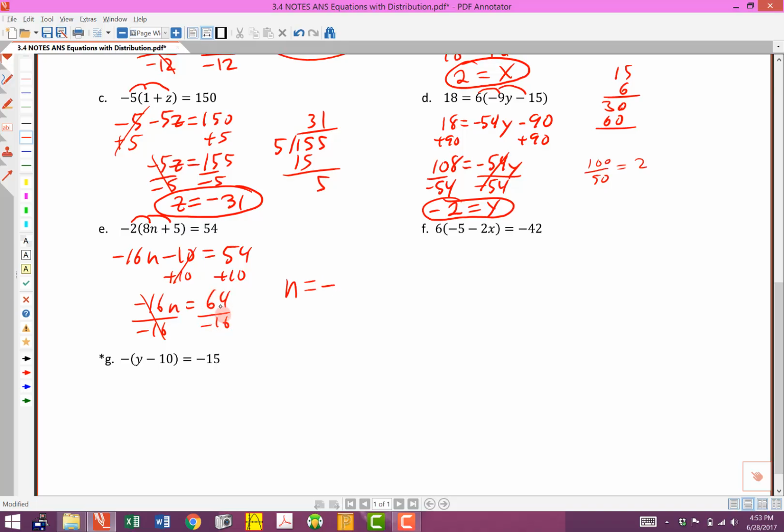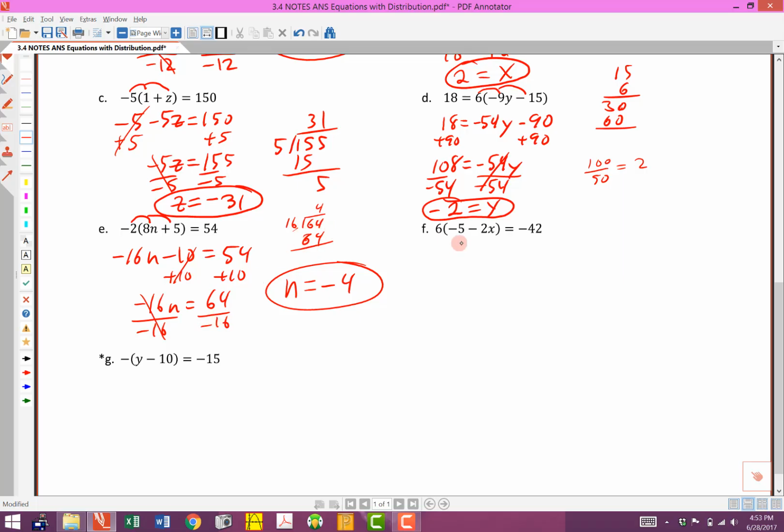Let's see, 64 divided by 16. If we have to do something like this, it's going to be more than 2. If you try 4 times, you're going to end up with 64. 4 times 10 would be 40, and then 4 times 6 would be 24, so we get to 64. So this is going to be a 4 for the answer there. Again, don't be afraid of something like that. Go ahead and kind of have confidence in the steps that you're doing, and then if you need to do a little arithmetic off to the side,